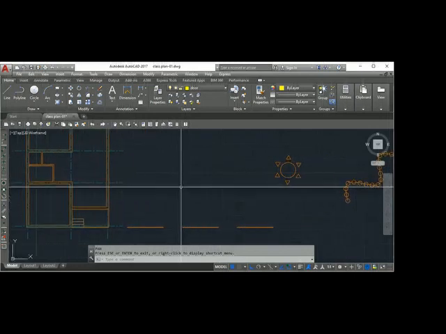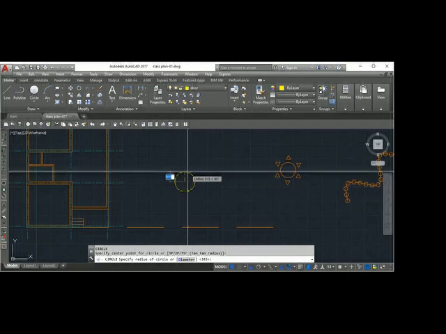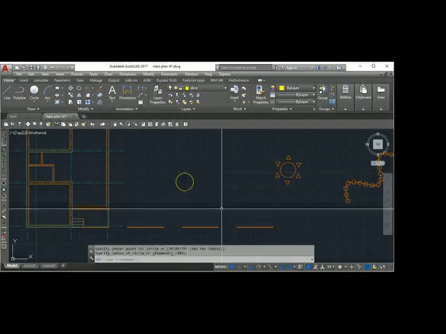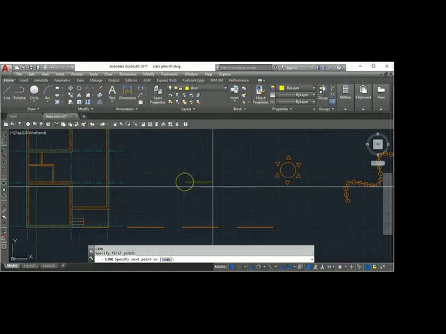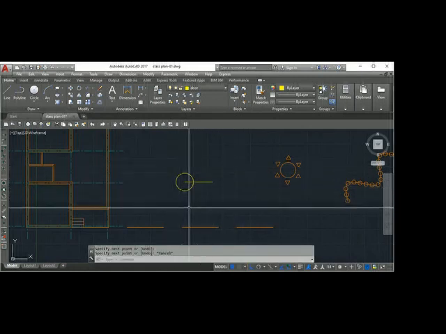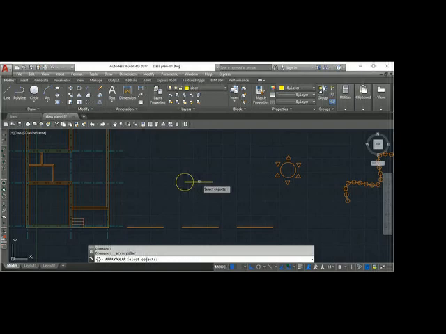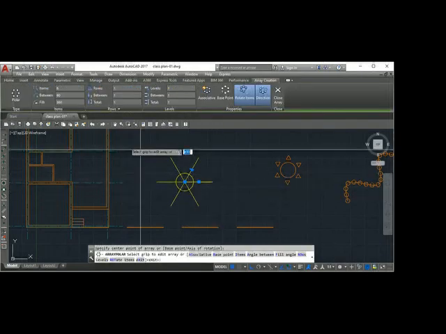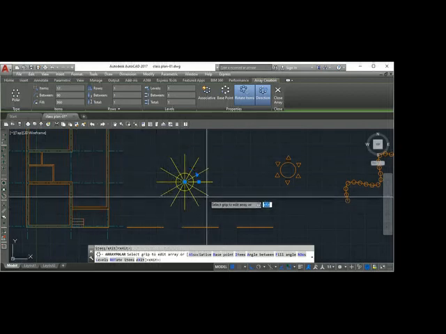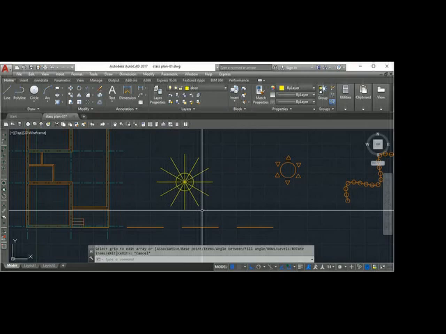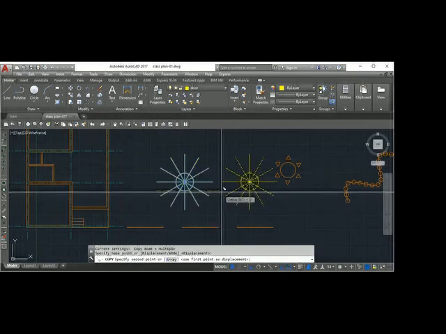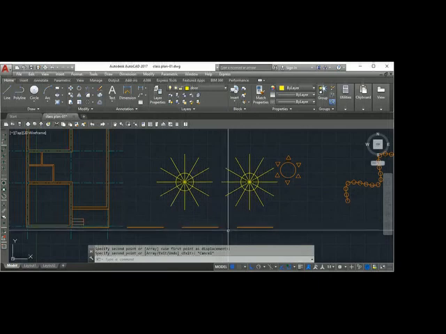I have an object here, line, center of. Okay. I can use a polar array to array this object. Polar array, select the object, center. Say I want 12 objects. Okay. When I copy this object, I have to select the full object to copy. So what happens is he has to copy every object here.